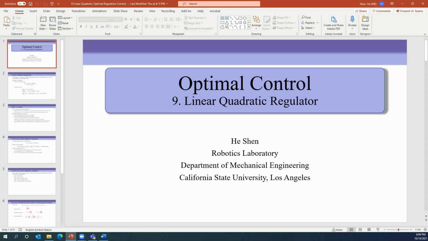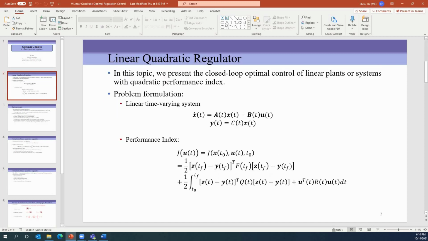Today we're going to look at linear quadratic regulation control, also called LQR. The problems we have been dealing with from the previous chapters are all open loop control problems. The control is a function of time t, not a function of the state. Starting from this topic, we will present the closed loop optimal control of a linear plant with a quadratic performance